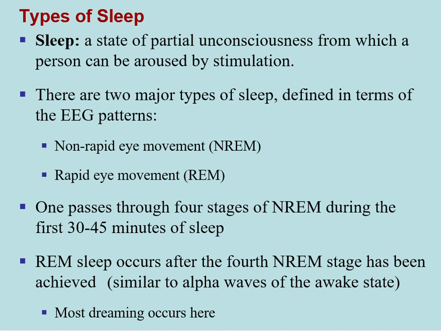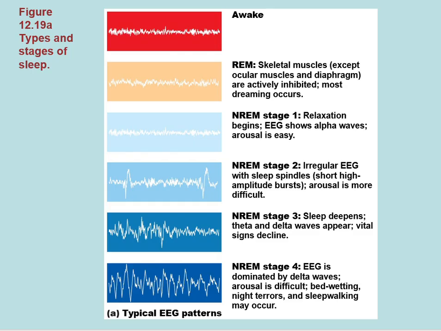And then REM sleep occurs after the fourth non-REM stage has been achieved, and most dreaming occurs here, and we'll see waves that are very similar to the alpha waves of the awake state. So you can see the alpha waves of the awake state, really similar to those REM sleep waves, and that's when skeletal muscles, except for your ocular muscles and your diaphragm, are actually inhibited. So even though most dreaming occurs here, most people don't act out their dreams. And this is also why we see the name REM, or rapid eye movement, because your ocular muscles are not